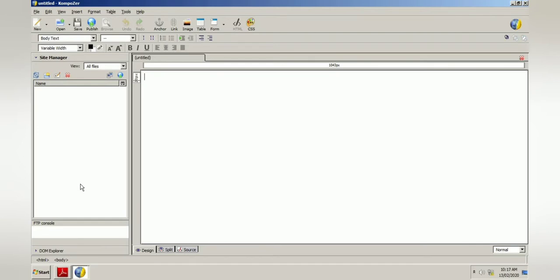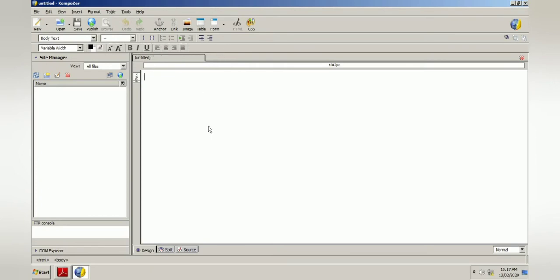The first part you can see here is known as the title. This blue line is known as the title bar. Then just below the title bar we have the menu bar. Then just below the menu bar we have the composition toolbar. Then just below the composition toolbar, this horizontal line you can see is known as format toolbar 1, and below it another formatting toolbar is there, known as format toolbar 2.